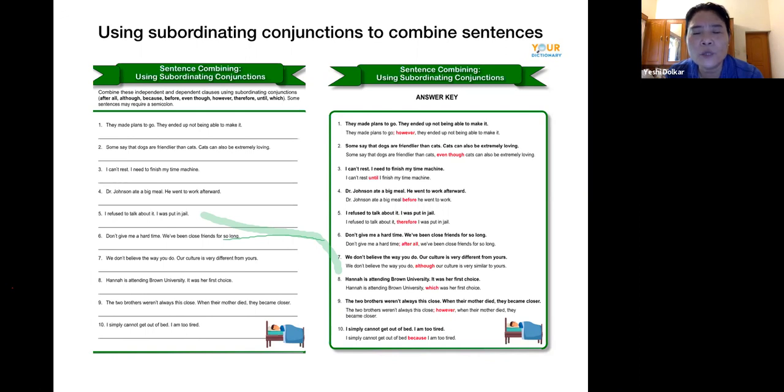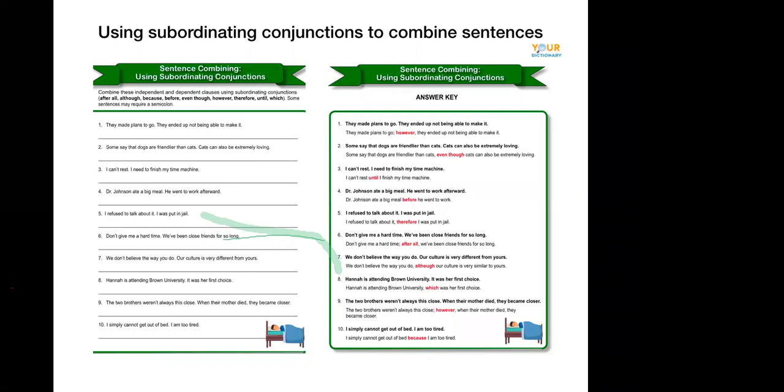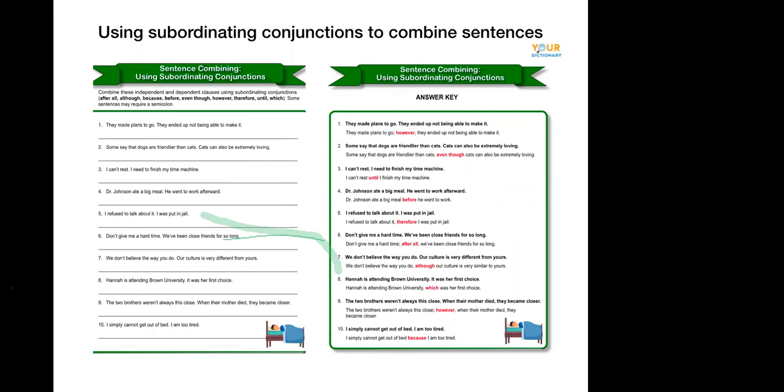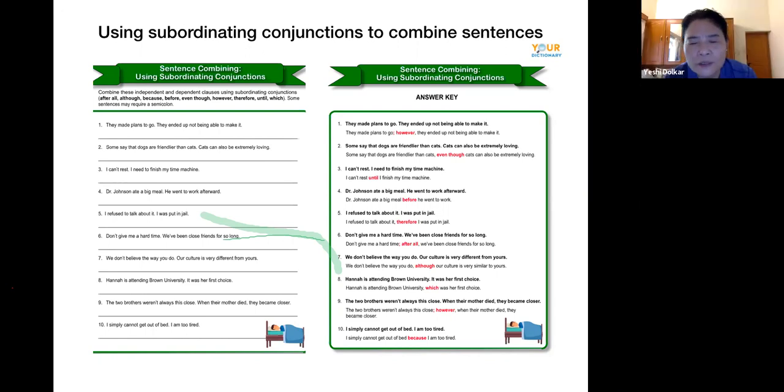We don't believe the way you do. Our culture is very different from yours. We don't believe the way you do, although our culture is very similar to yours. I think there's a mistake down there. Different, similar. Hannah is attending Brown University. It was her first choice. Hannah is attending Brown University, which was her first choice. The two brothers weren't always this close; however,